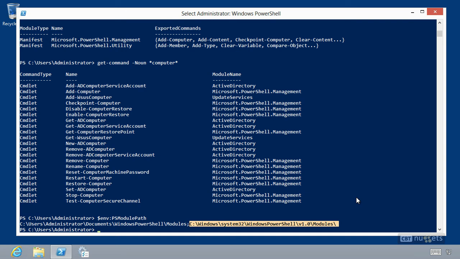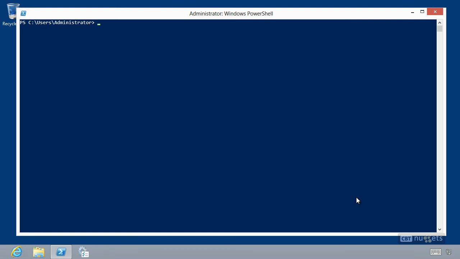Now let's say I installed some other tools here. They might add to this path so that PowerShell knows where to find their modules as well. So every single time you're running Get-Command, it's not only looking at the commands that are actually in memory at the time, but it's also looking at the commands that are on disk. That makes discoverability easier. It means that as I start out, show me, let's see, let's do verb Get, noun,